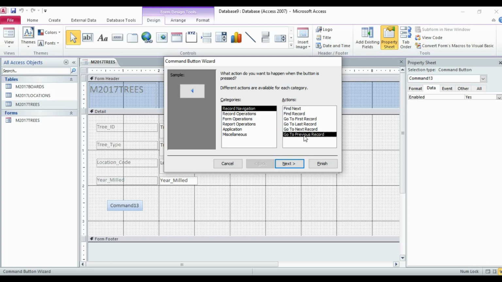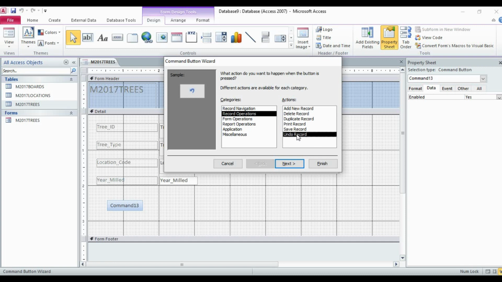Now record operations are for when we want to add a new record or delete a record. You can see the sample pictures here. Then duplicate record, print record, save record, then we have undo record. So all these operations are for record operations.